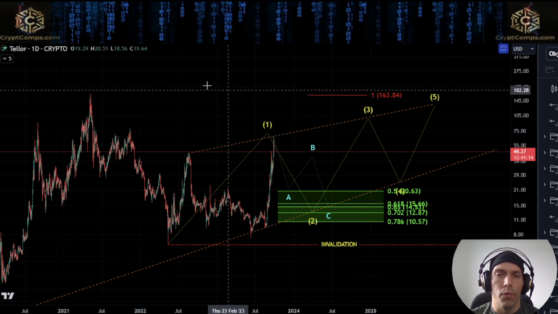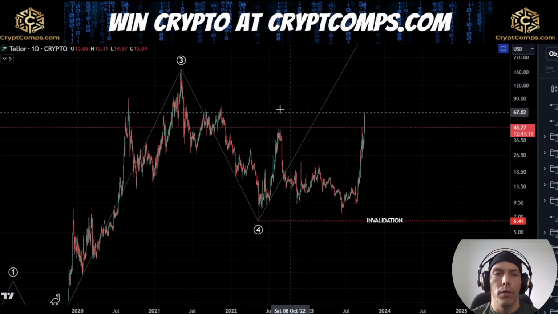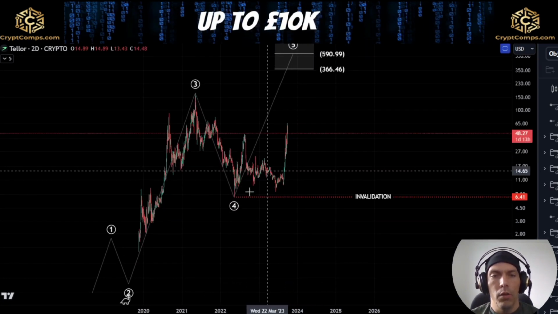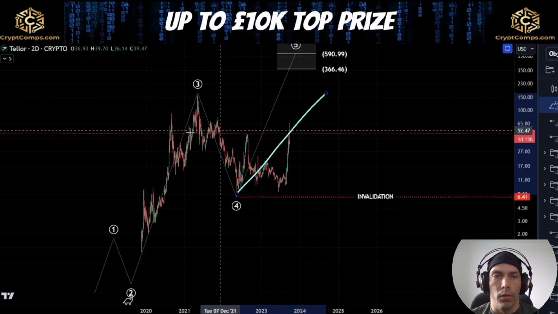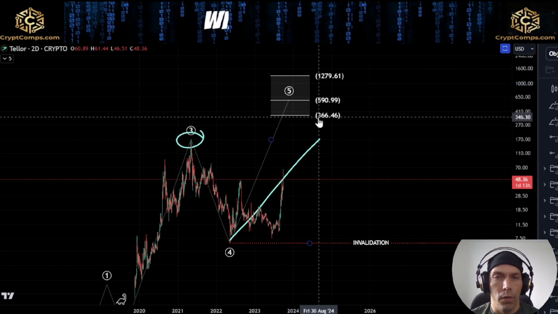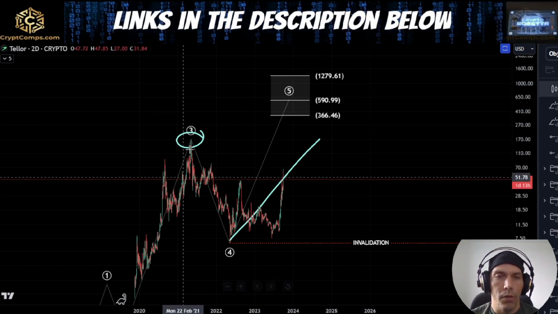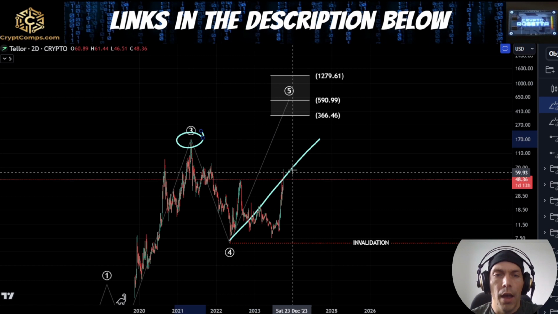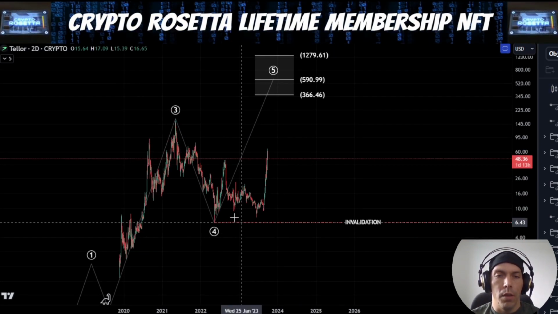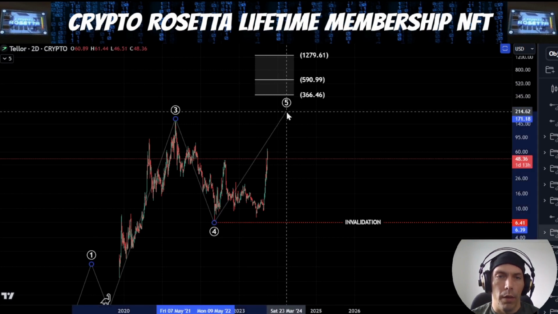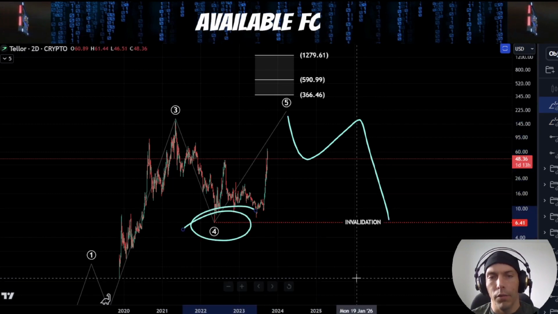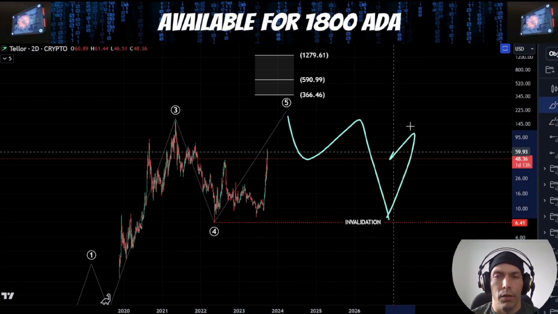Now, the main difference between these two ideas here is that if we are looking at this as a fourth and a fifth, if we do actually get this fifth wave play out as a diagonal, what we might see is that this might not reach the higher target of the 1279 to this 366 level, and we could actually see this just get a break of the wave 3 and then look to break down, or actually look to fail to break this wave 3. And then what this would mean is that if this wave 5 completes over here, we'd then be looking for 3 waves back to the downside, potentially back into this fourth wave here,